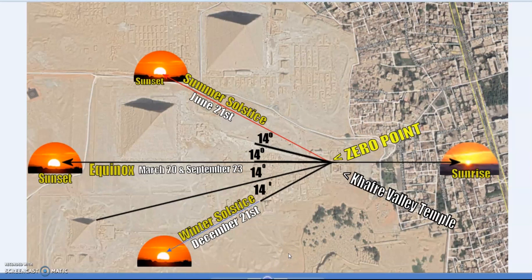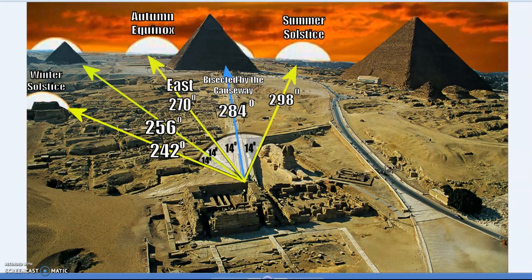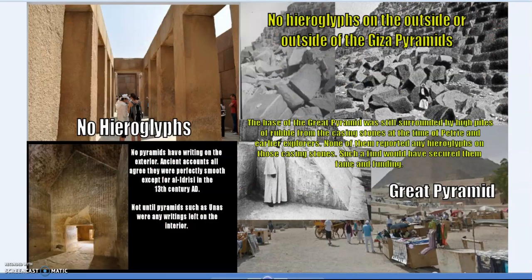I've been looking at this concept of the zero point at the Khafre Valley Temple, how that creates a calendar, and the archaeoastronomy with the solstice, winter and summer, as well as the equinoxes, and some other connections coming back to Seshat. And the Khafre Valley Temple,